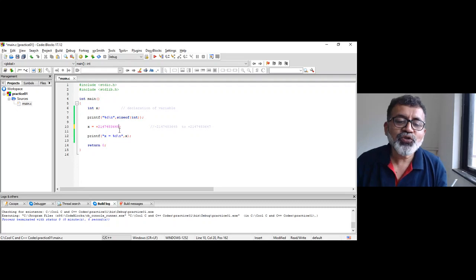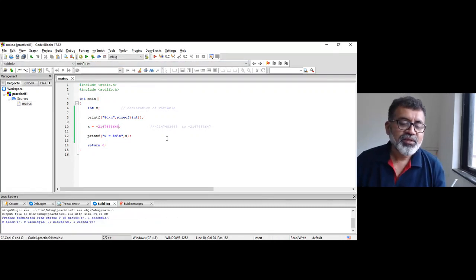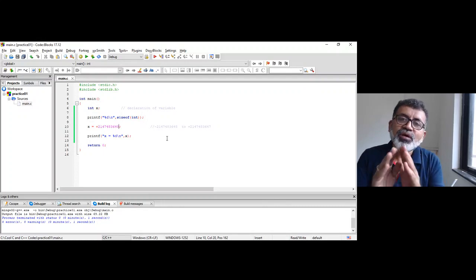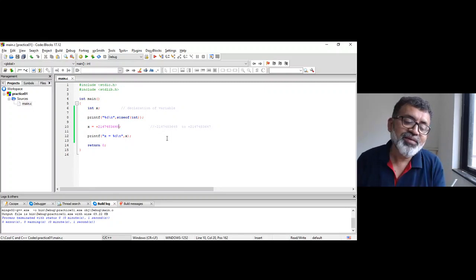If I try to store this number and compile the program, you're storing a number which is outside the range, but it is not the compiler's problem. It won't give you a compiler error or even a runtime error.